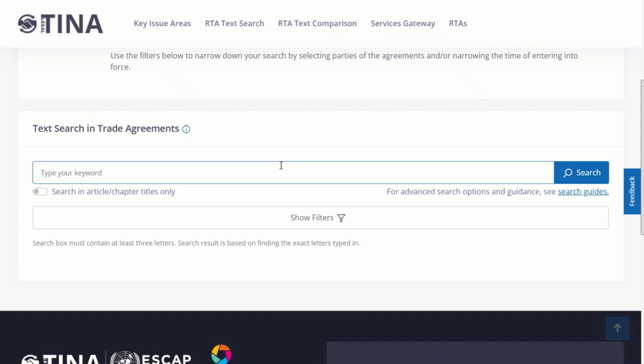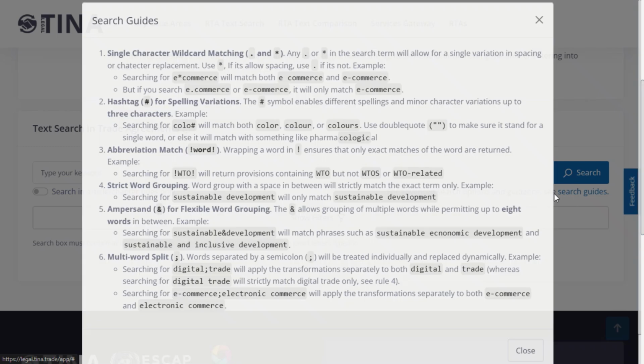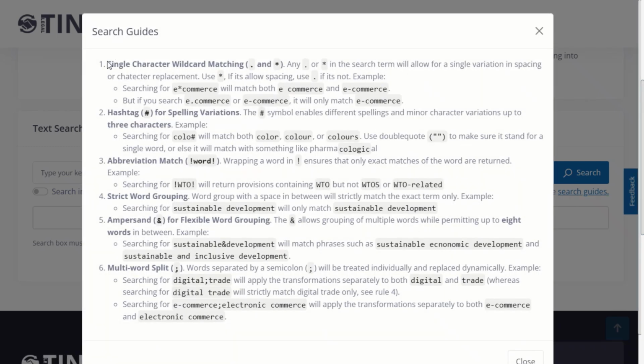So for example, if you're interested in e-commerce, now I should also note that this is not just a simple keyword search. There are many ways you can make your search more thorough. So for example, for e-commerce, if you put a little star sign,